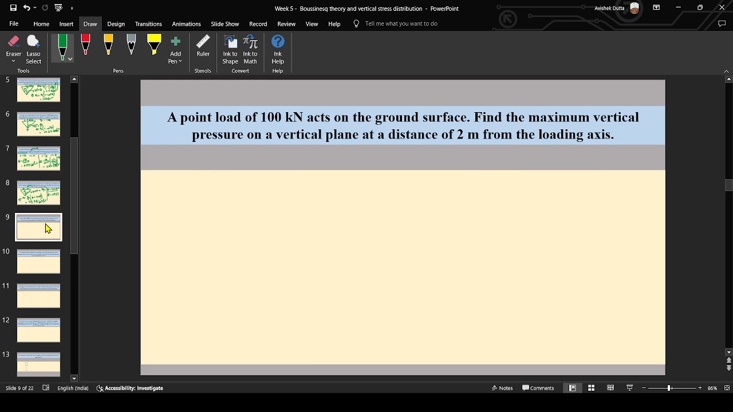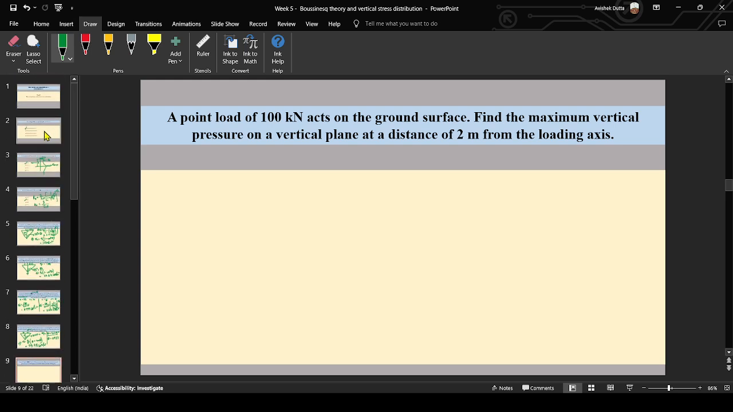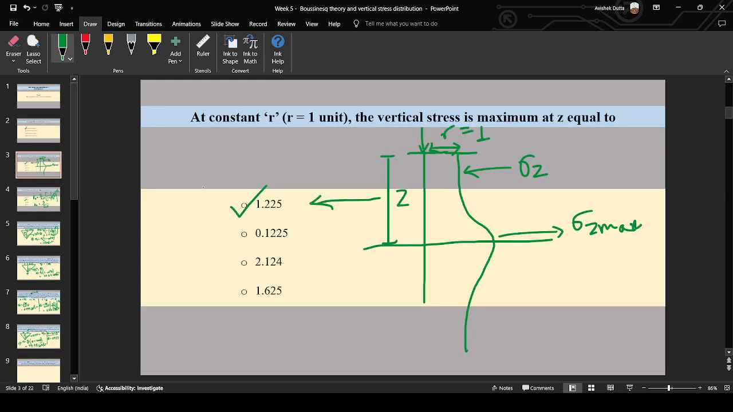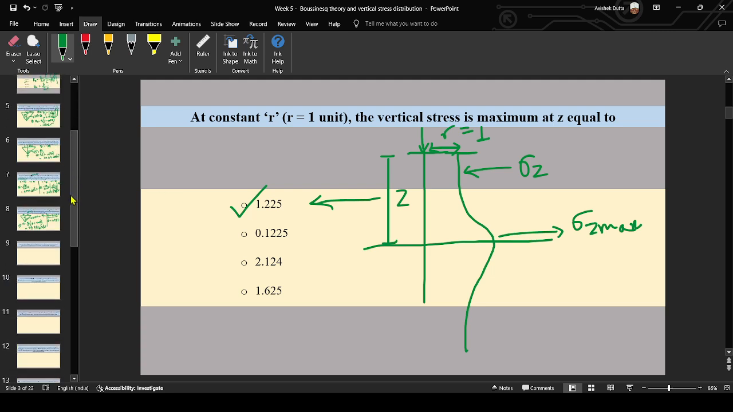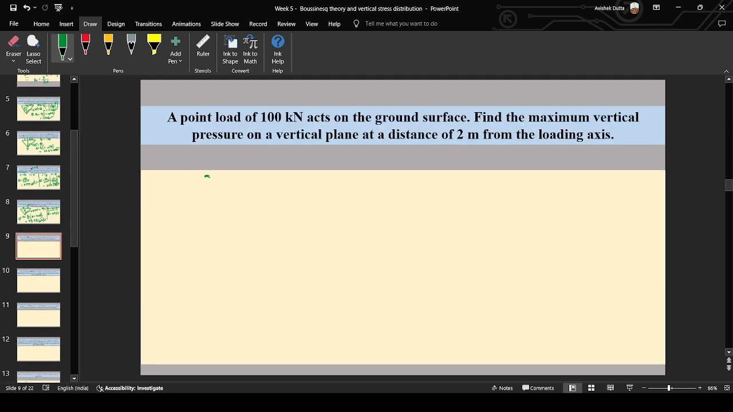A point load of 100 acts on the ground surface. Find the maximum vertical pressure on a vertical plane at a distance of 2 meters from the loading axis. In the second question, we have learned that when R equals 1, the maximum stress was at Z equals 1.225. So we'll write over here, when R equals 1,